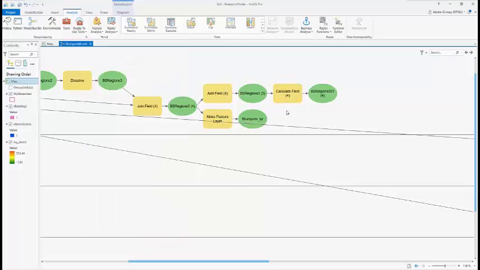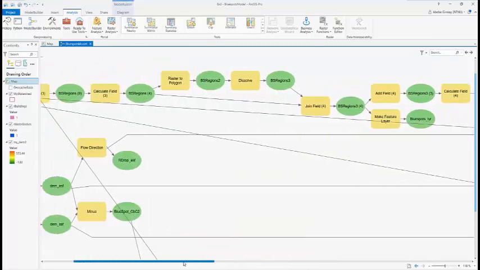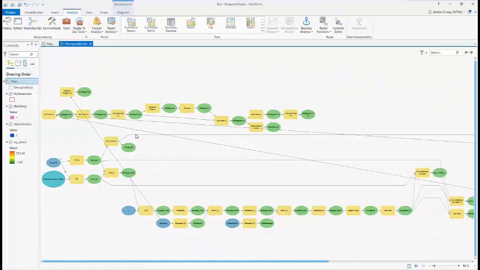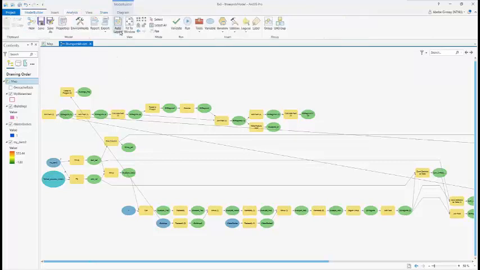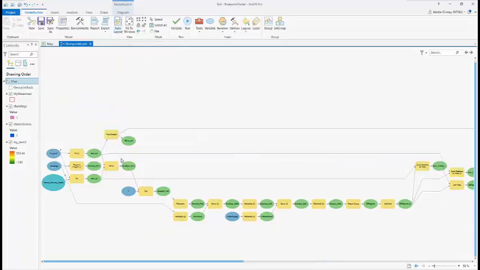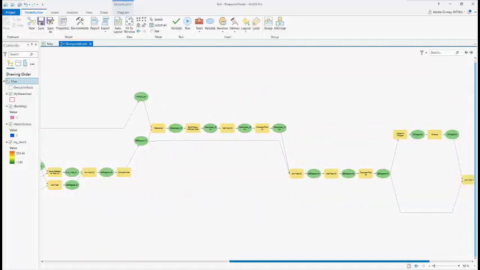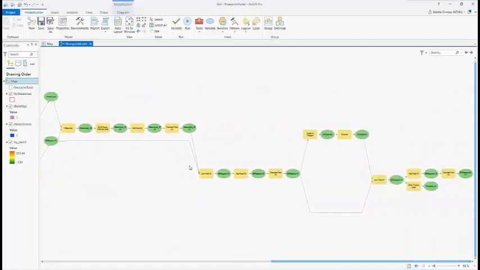So now as you can see, everything is finished, and now we can rearrange these too complicated arrow lines and make them proper lines. If I click on the model builder and then click on auto fit auto layout, it will make it a proper layout. So I will click on auto layout, and you can see now it's straight and very clean. And if you see, this picture is exactly the same as in the PDF